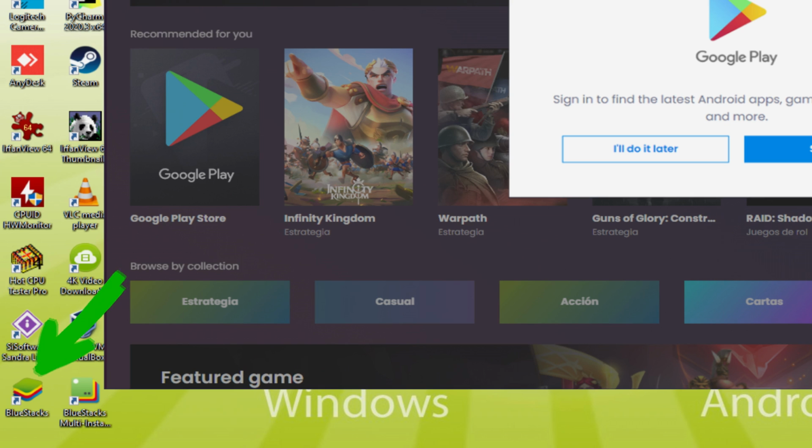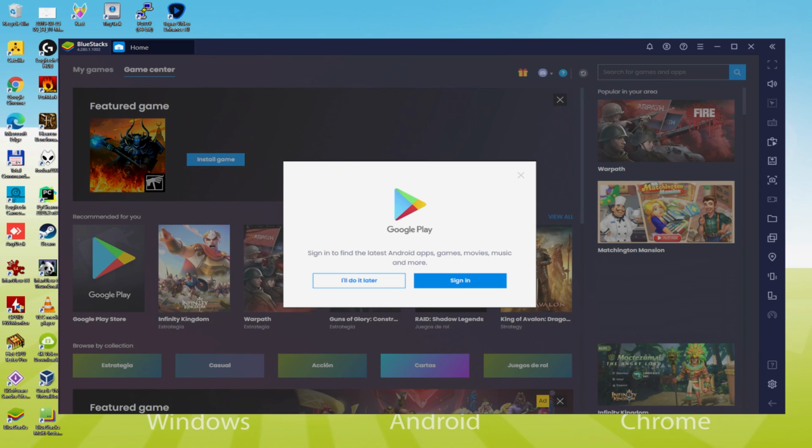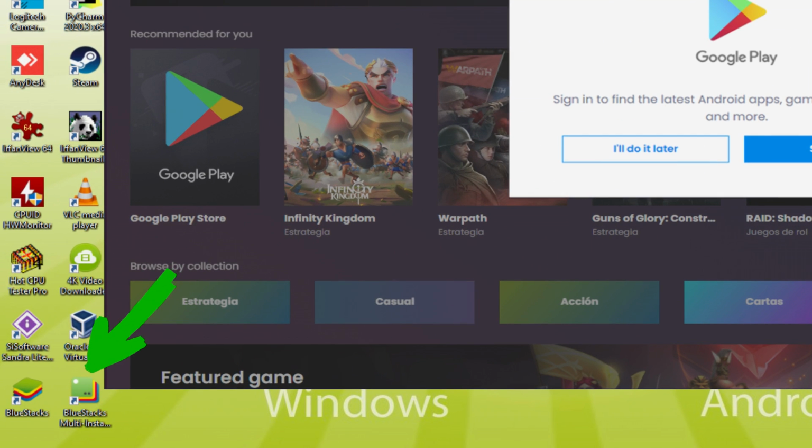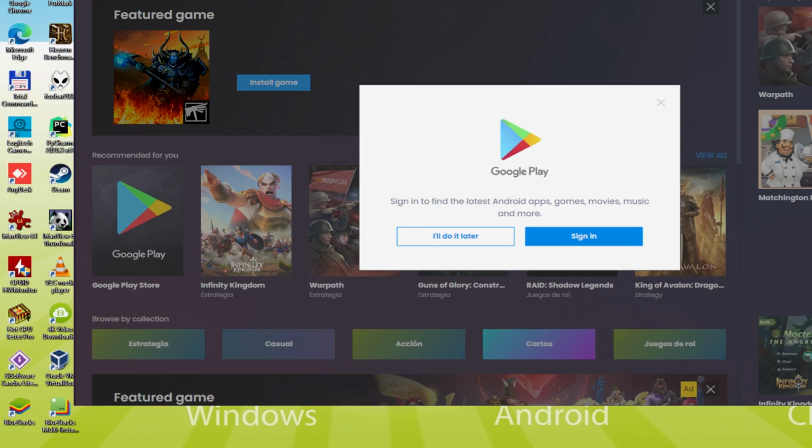Note that the BlueStacks software icon is going to be the one we're concerned about. The moment we would like to run Warhammer Chaos and Conquest on our laptop or computer, we double click on that software icon and therefore start the emulator. The BlueStacks multi-instance app icon has nothing to do with multiplayer or anything like that. The fact is that it's an icon that we would never use.